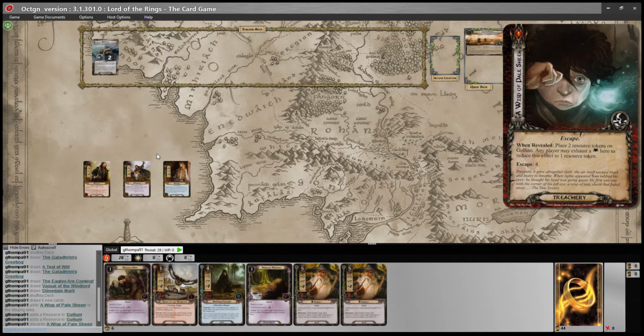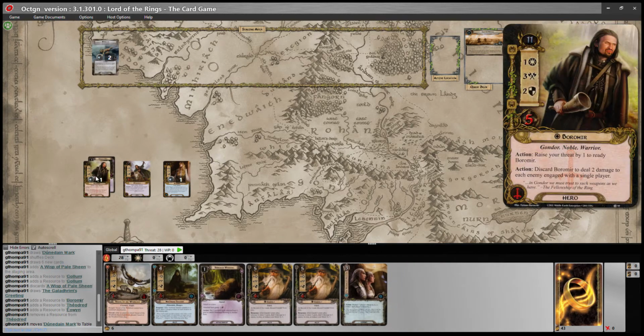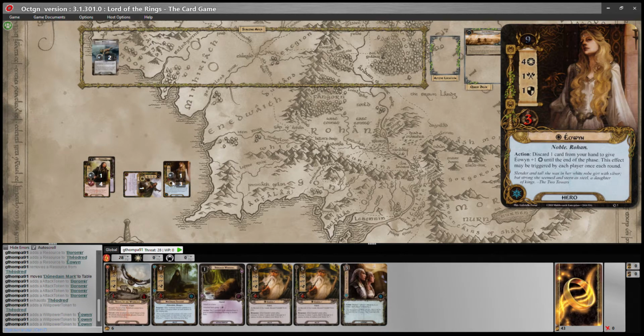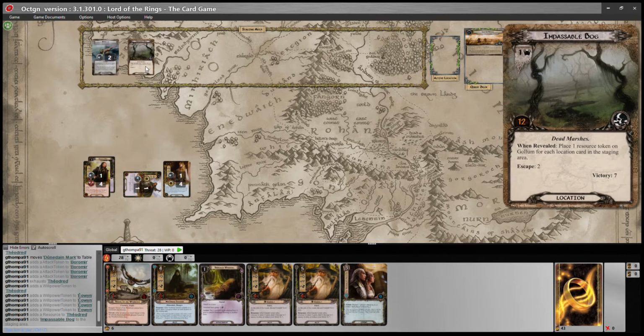And new turn. I'll pay 1 for the Dunedain mark, and do some attack. And I'll commit Favourite to the quest. Give them a resource. 1 against 1, break even. There's no locations in the staging area, so we...